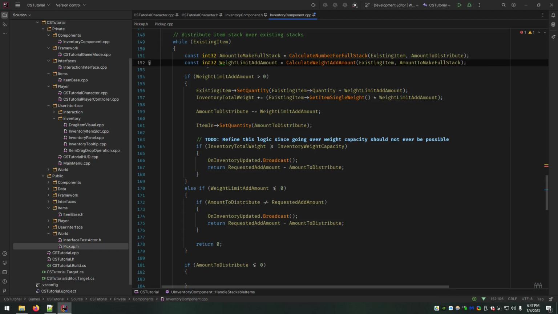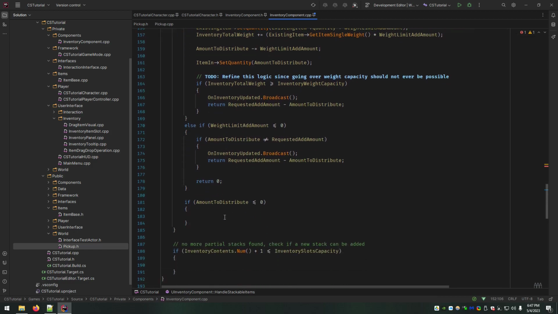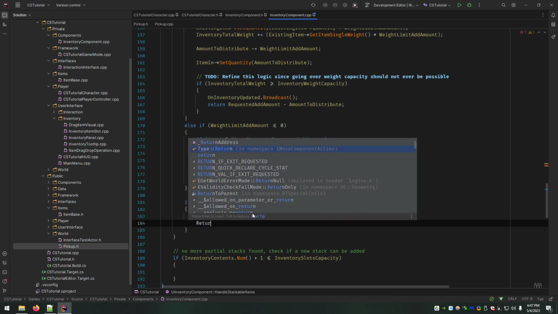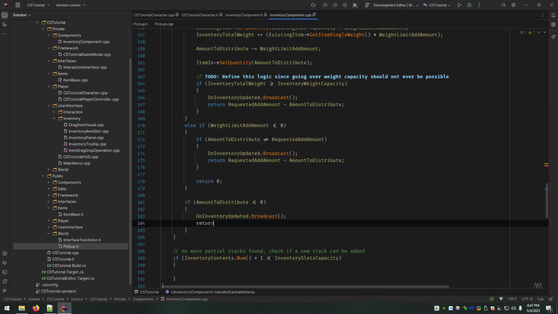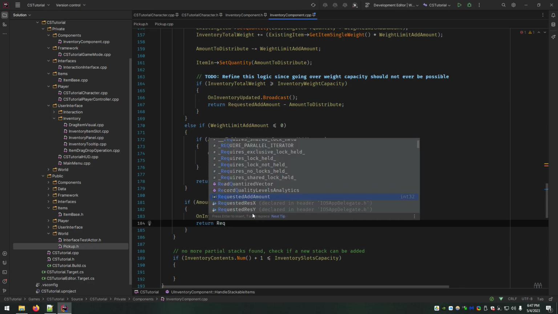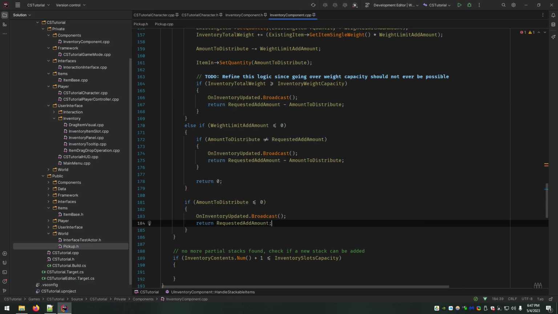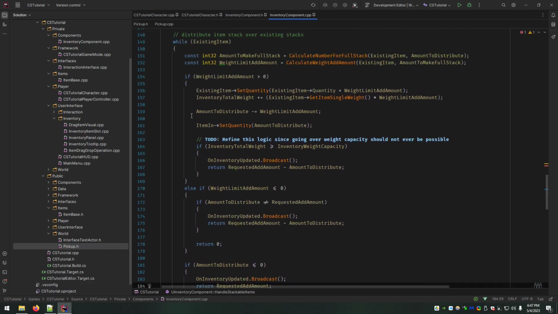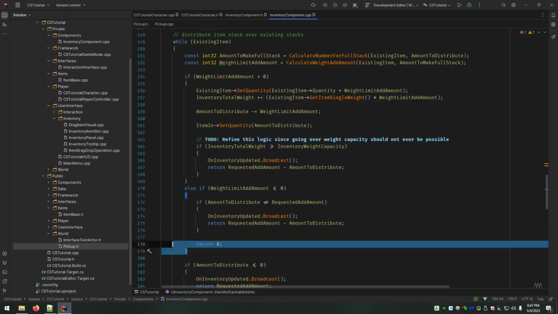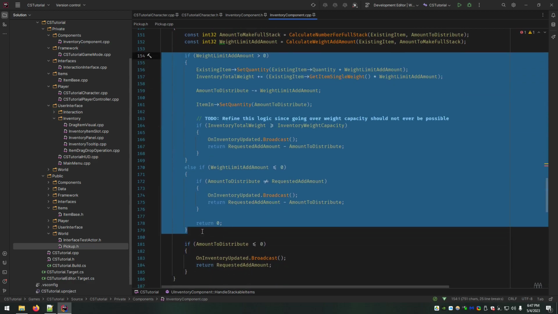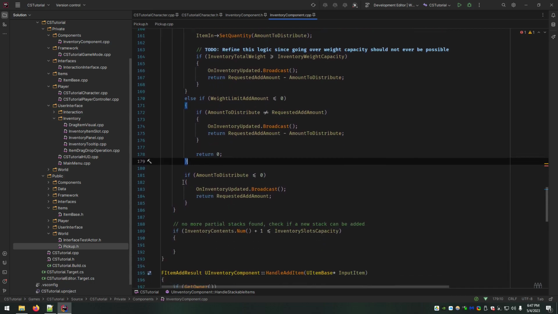If none of that happened, we must have distributed everything. So again, call broadcast to update the inventory, and then return that we added every bit of it. These situations up here assume only a partial amount was added. This one assumes you distributed everything.